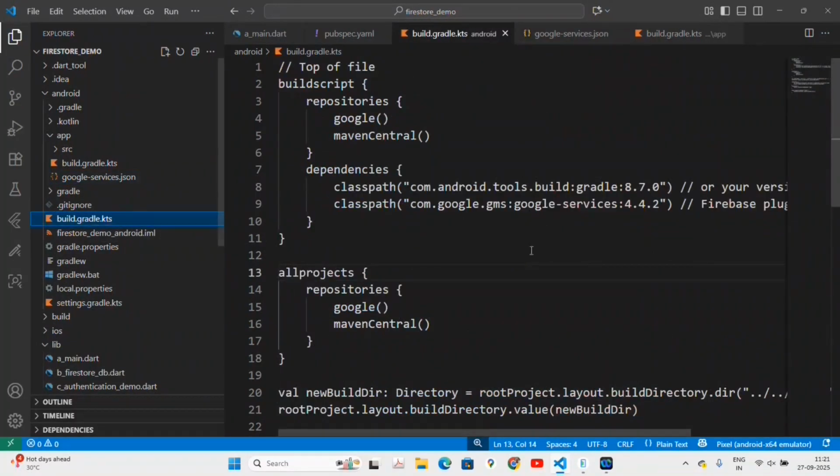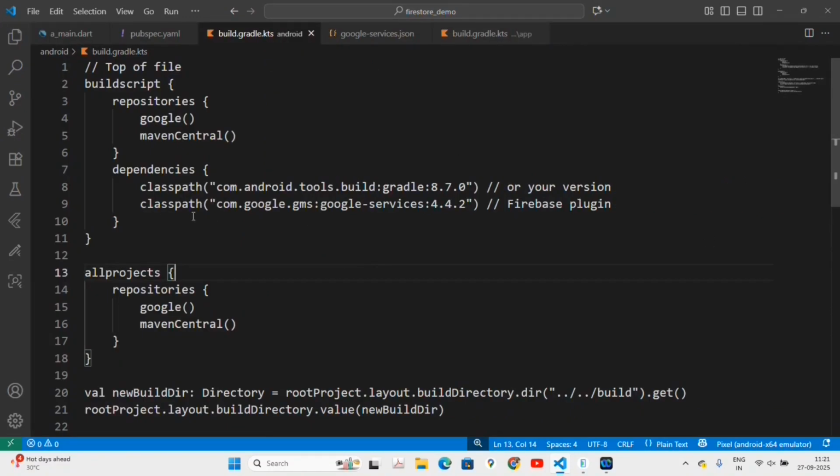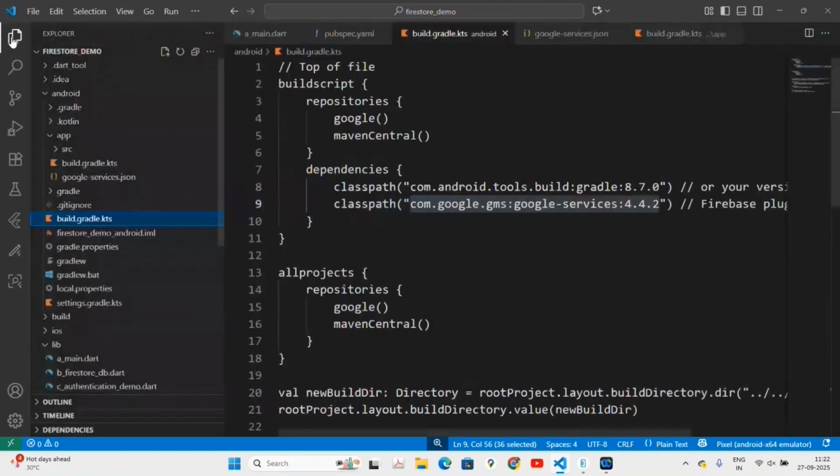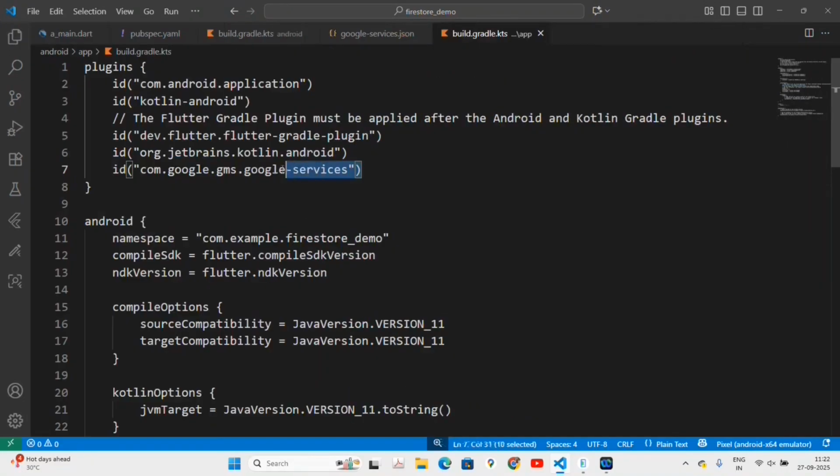So this is my project level build.gradle file. Now here you have to write down this Google services, which is a Firebase plugin. So you have to mention that. Then inside the app folder build.gradle file, which is here, you have to mention com.google.gms.google-services. The Flutter Gradle plugin must be applied after the Android and Kotlin Gradle plugins.